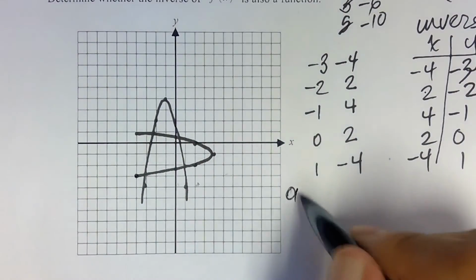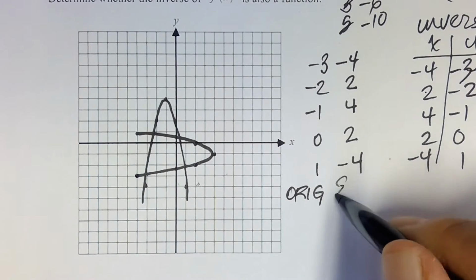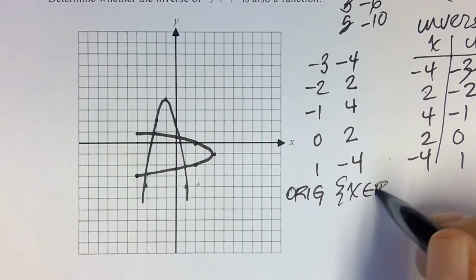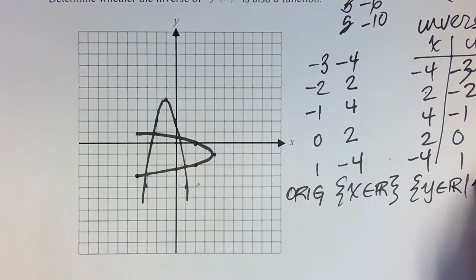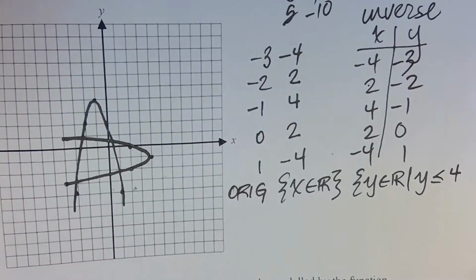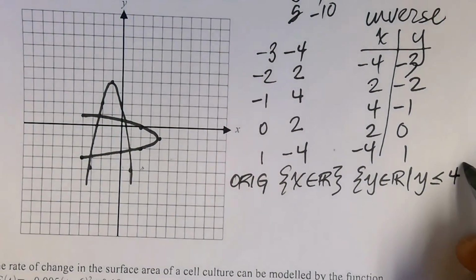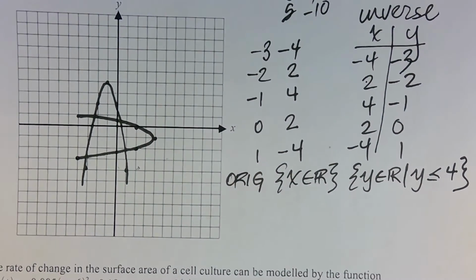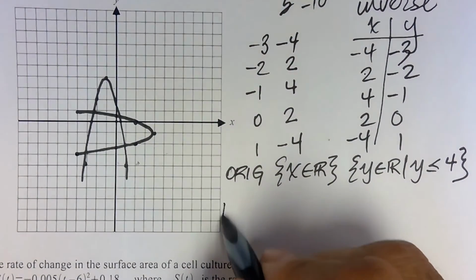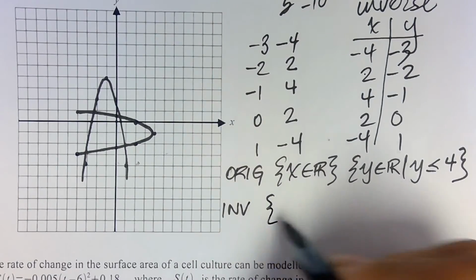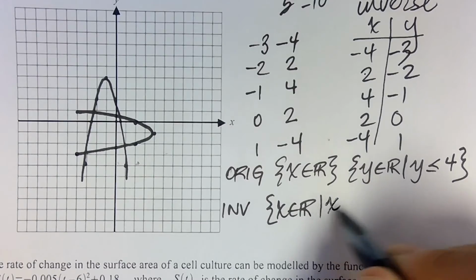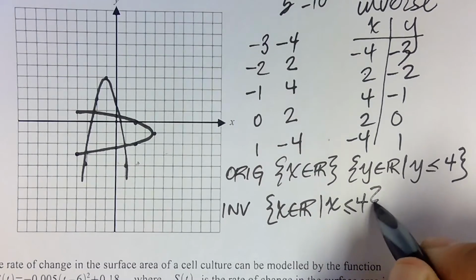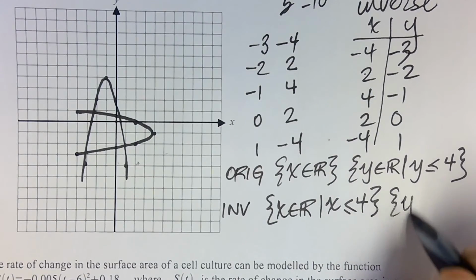For the original, the domain is x is an element of R. The range is y is an element of R, such that y is less than or equal to 4. For your inverse, your domain is x is an element of R, such that x is less than or equal to 4, and your range is y is an element of R,